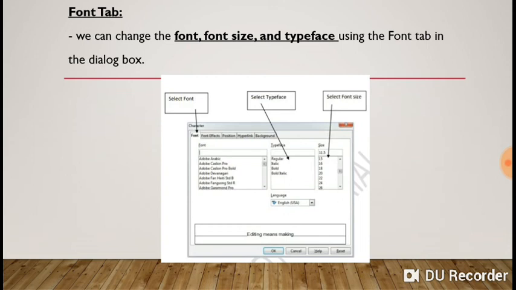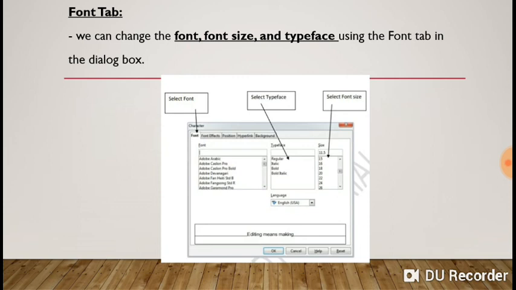A number of different fonts are pre-installed, and we can also download and install them, like Arial, Times New Roman. We can change the font and its size also. You can select or type the size in points, 15, 16 and so on.